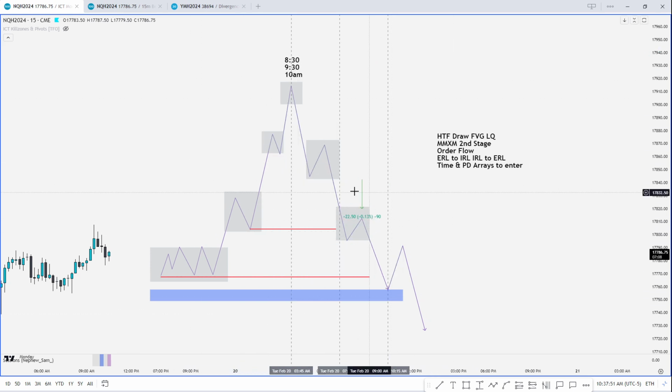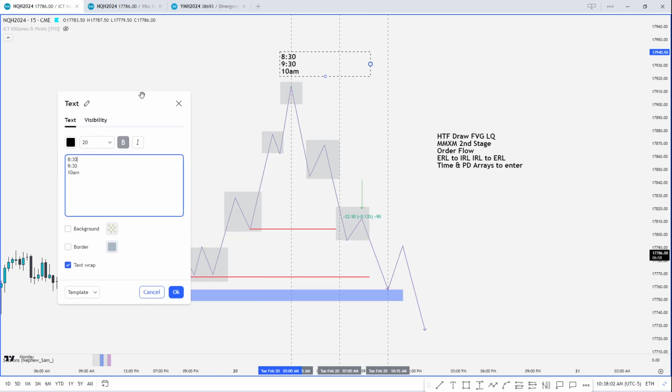So then what are we looking for as a second stage? Well, realistically, any time after these original times is going to be that second stage. So what we can look at is if 8:30 creates a smart money reversal, then we can be looking at any time after that. So 9:30 or maybe the 9:50 macro or even silver bullet to create the second stage. If 9:30 creates the smart money reversal, then we can have 9:50. Obviously, any macro time or important section in time after that,